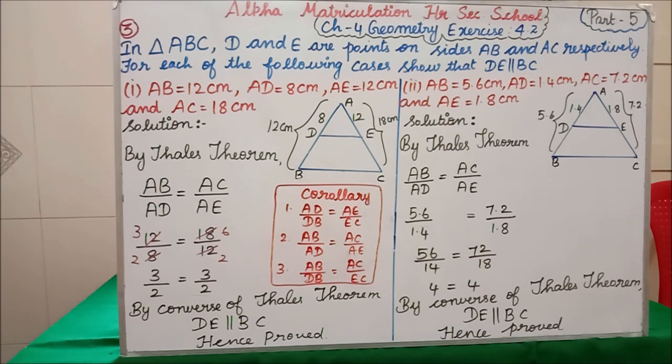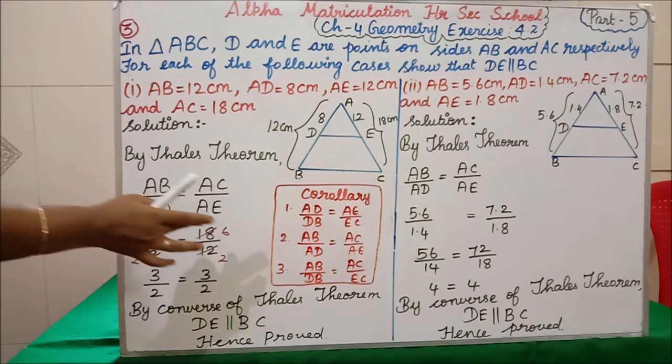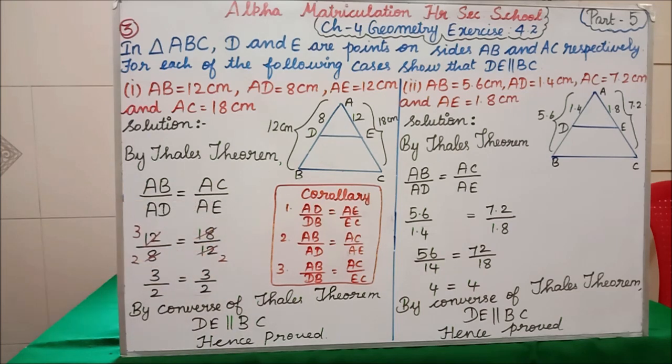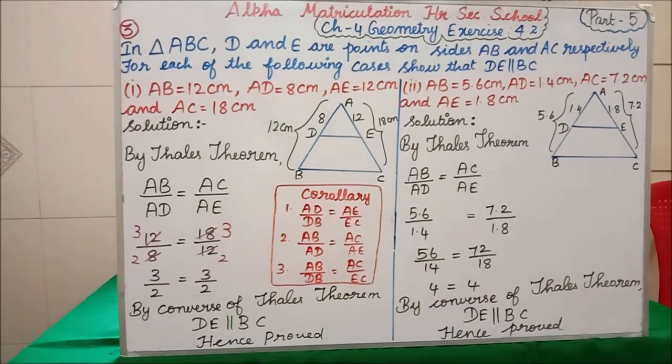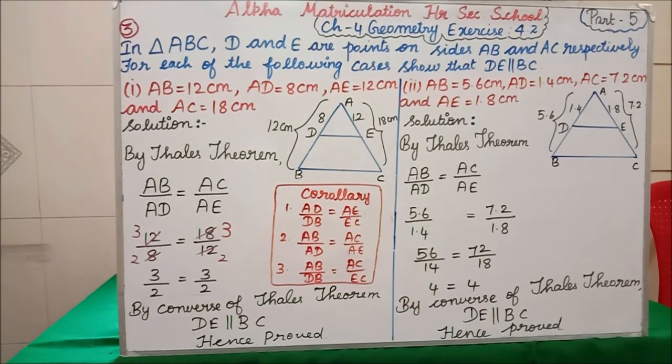Both will go in the 6 table. So in the 6 table, 18 how many times will it come? Yes, correct, it comes 3 times. So in 18, the 6 table comes 3 times. Similarly, 12 in the 6 table comes 2 times. So this side also we are getting 3 by 2.